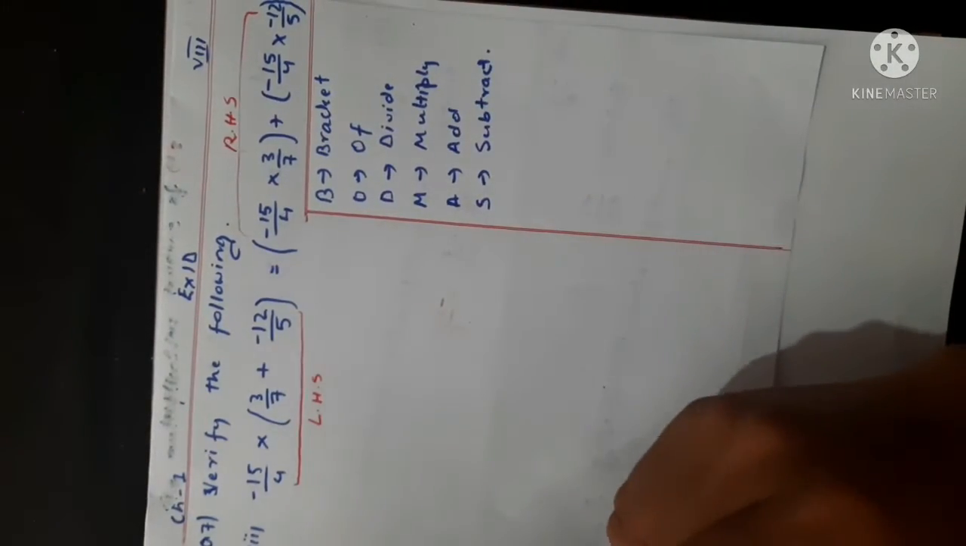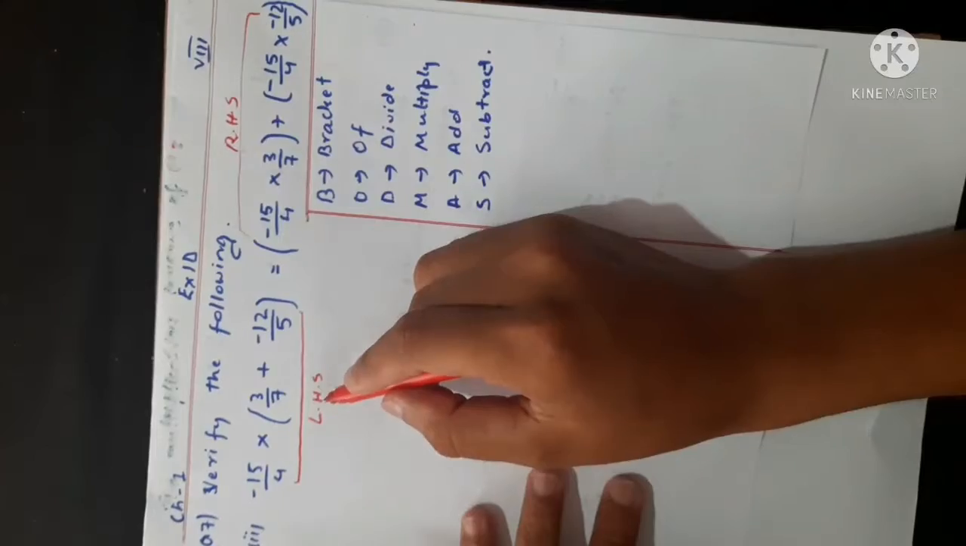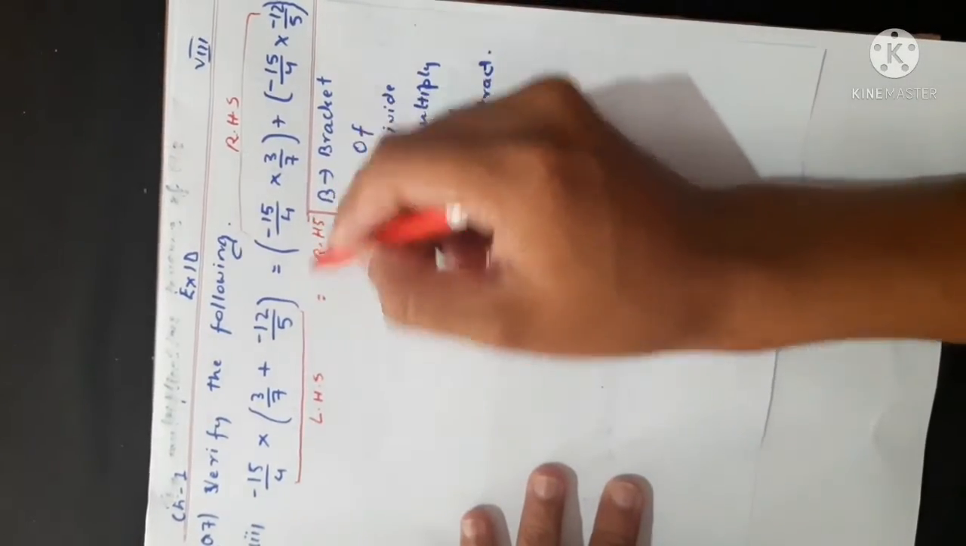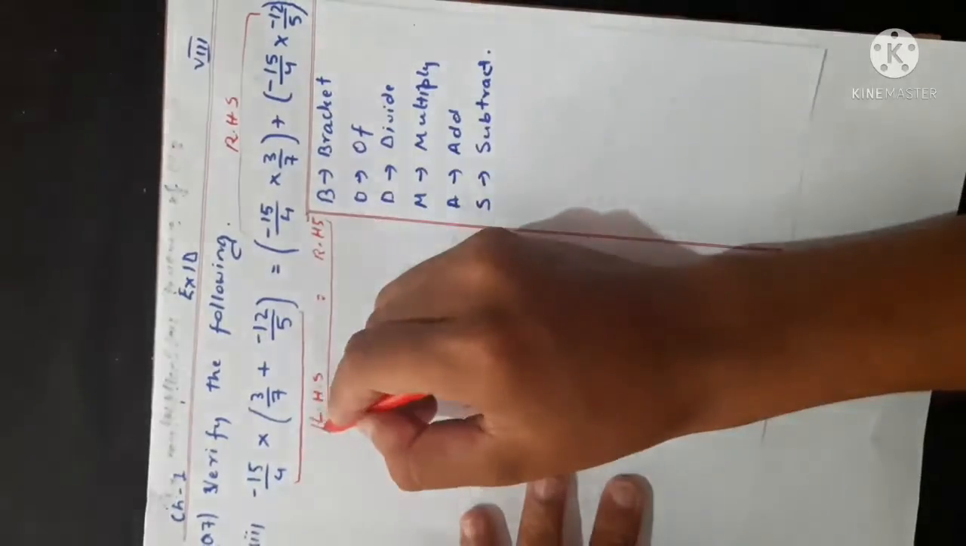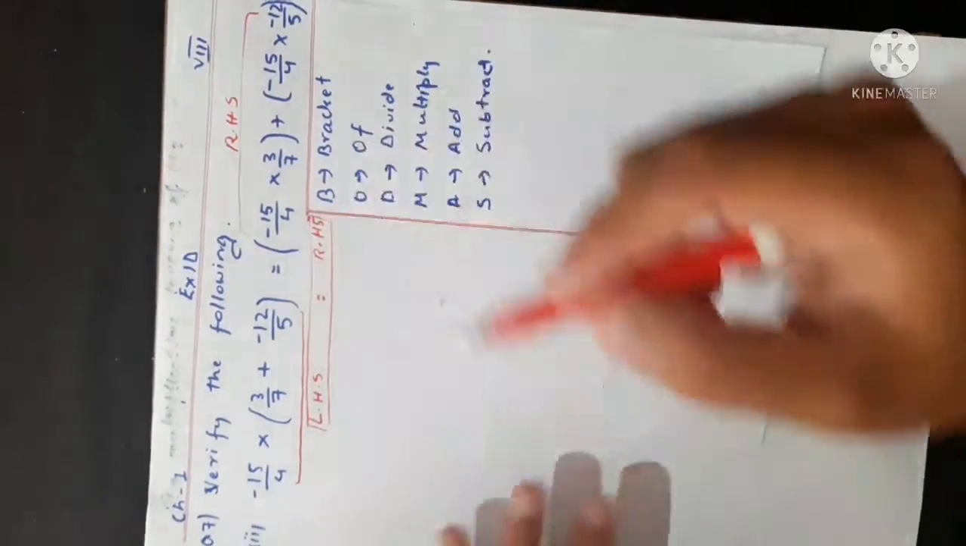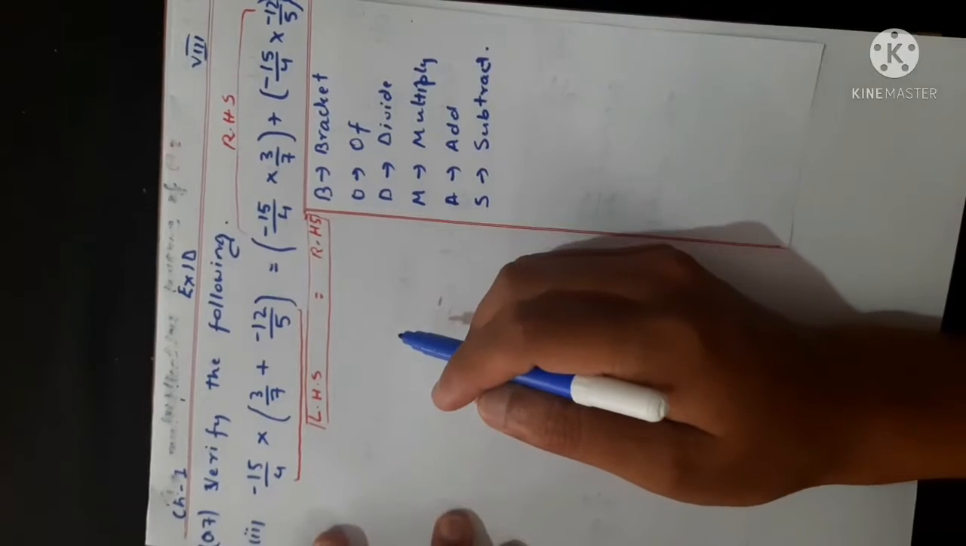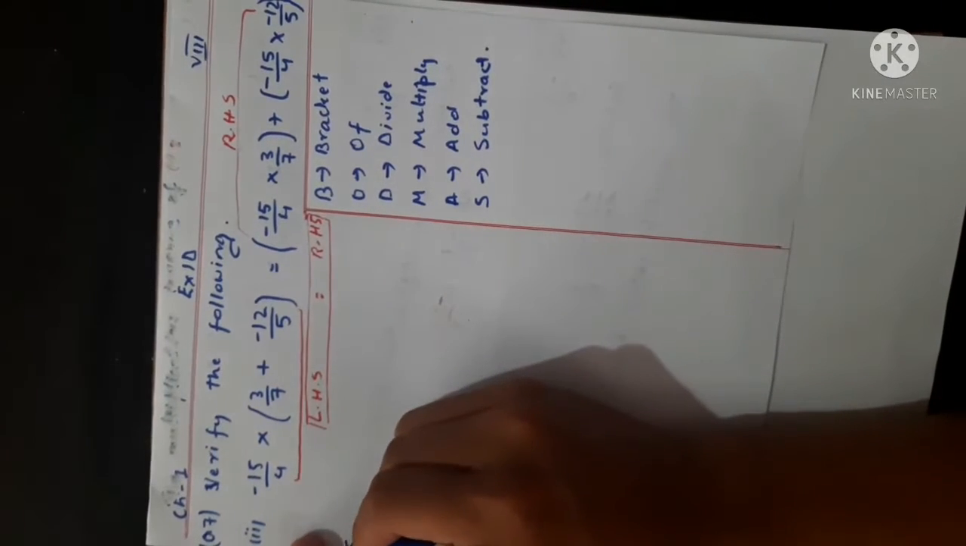So now what we have to do is prove that the left hand side must be equal to the right hand side. Okay, we have to prove this: left hand side equals right hand side. So let us see the left hand side first. The solution,